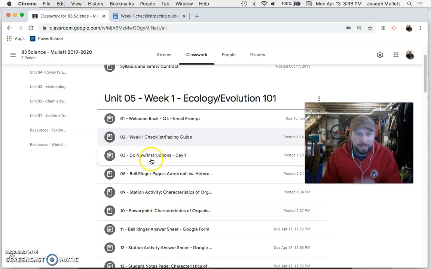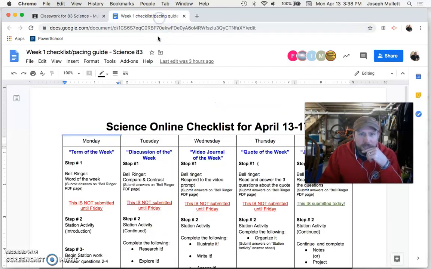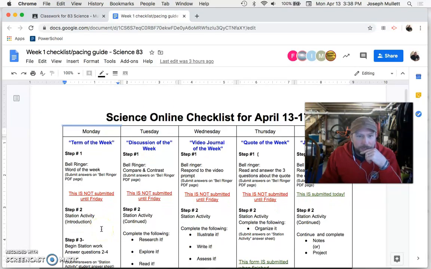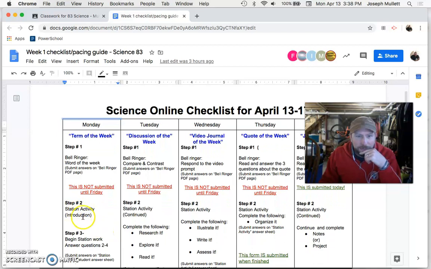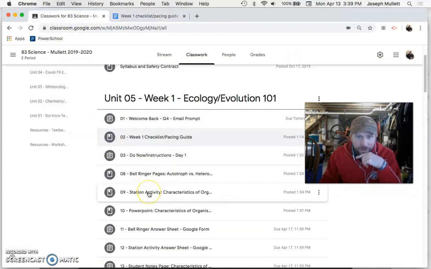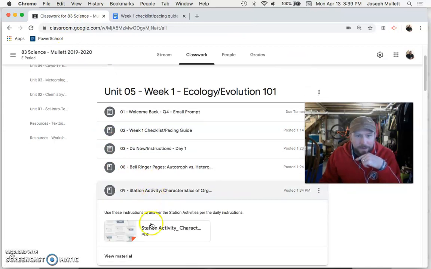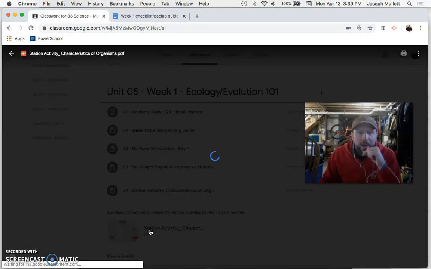Now, going back to the instructions and the do nows, you're then going to notice there's basically 3 things that you do each day, or 2 if you will. Let me show you the pacing guide here. Please note, step 2 talks about a station activity. So the activities are right here for number 9, and when you open up that PDF, you're going to find